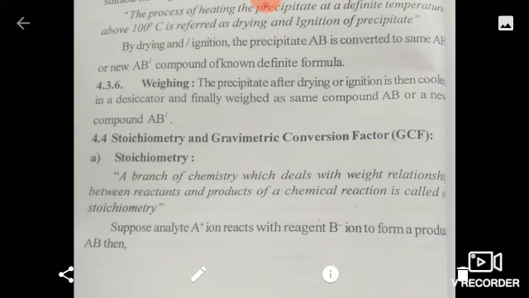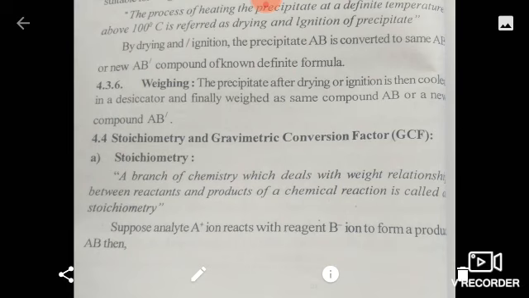So this is about the fifth step, and the sixth and final step is the weighing of the compound. The precipitate after drying or ignition is cooled in a desiccator and finally weighed as the same compound AB or the new compound, AB dash. And after weighing, we are able to determine the amount of the given ion or component present